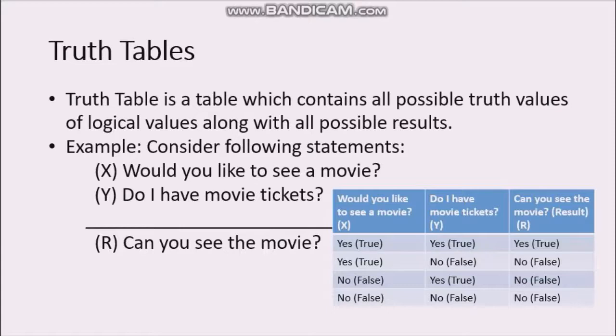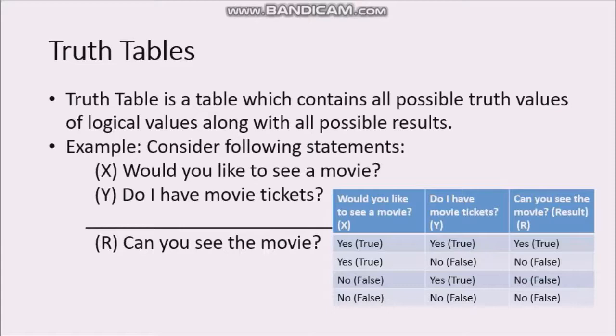Now in the truth table I have statement X here and statement Y here, and I have the result depending on the values of X and Y. If I want to see the movie, yes, and if I have tickets also yes. Yes means true.